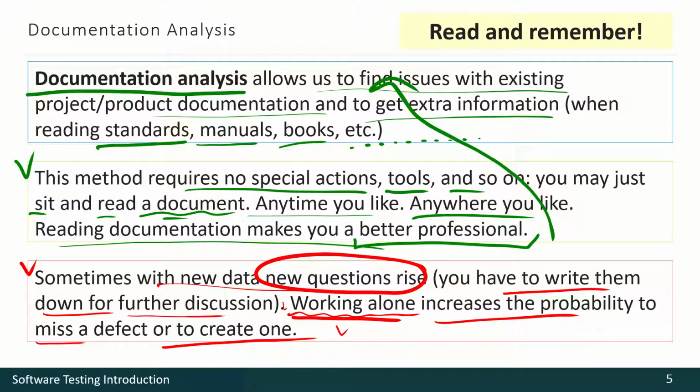Still, this risk is not so huge because the result of our work always may be reviewed. So we create something, we read a book, standard or something like that, we write another part of requirements, and then we show that part to our colleagues, to the customer, get the feedback and see if we were right or if we missed something.